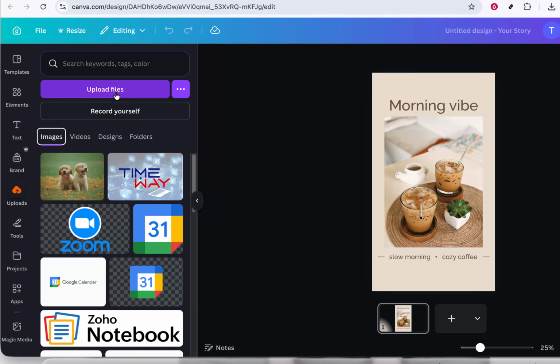And that's all there is to it. Click on Uploads on the left side, click on Upload Files, select your file, and follow the on-screen